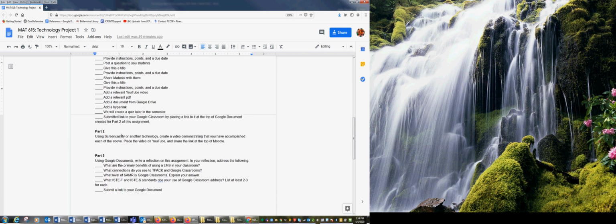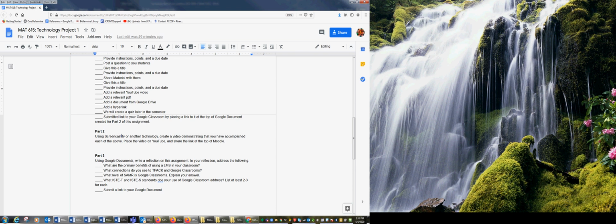Part two: there is no way for me to access your Google Classroom to grade it. Last semester, I tried to have students set up a new Gmail account, all with the same password, and then share their Gmail account with me, and I would sign in. Now Google has it set up where they send you a text message to make sure you're the right person, so it circumvented my attempt. I thought I was so clever having them do this, but they blocked me. So there's no way for me to see your Google Classroom.